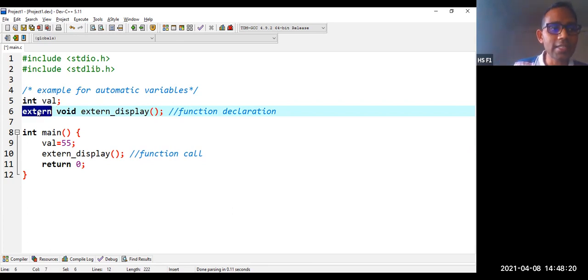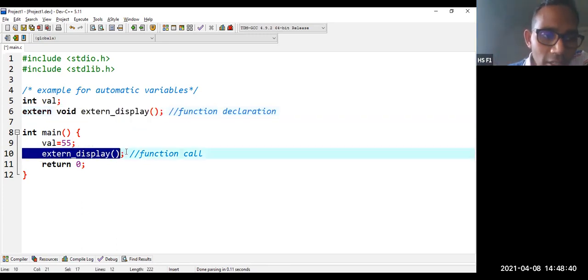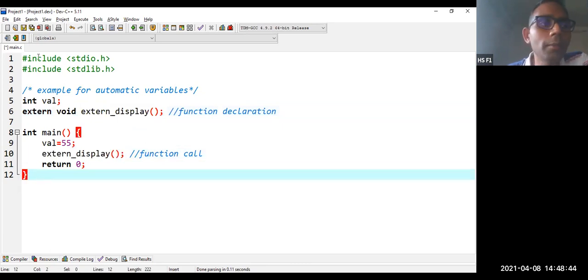Dear compiler, cross-check this function in the memory which has another program under execution. So extern is a keyword which says that the function is available in some other program which is under execution. We are not defining this function at the bottom of this program. So let us compile. We are going to get an error.